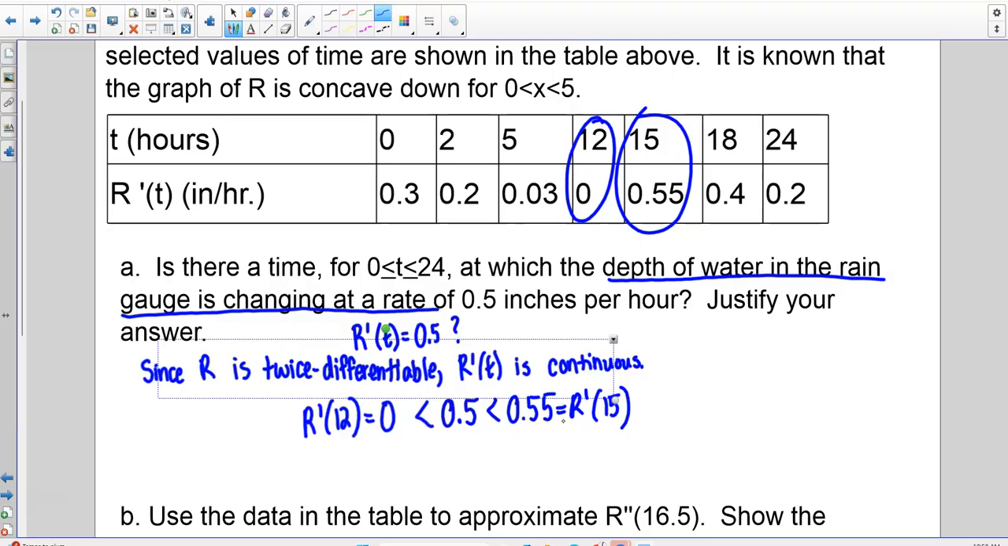You could also do that separately instead of doing it in one big statement. You could say r prime of 12 equals 0, r prime of 15 equals 0.55, and then say that 0 is less than 0.5, less than 0.55. Therefore, by the intermediate value theorem,